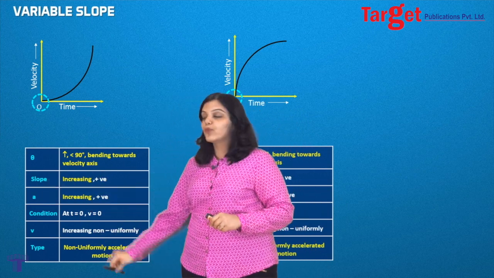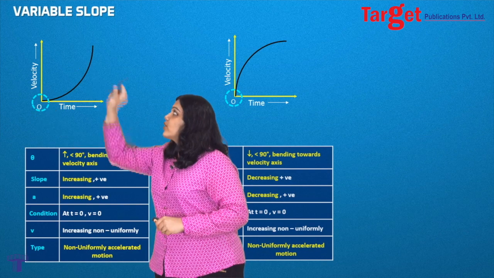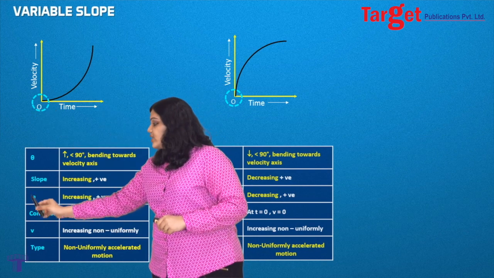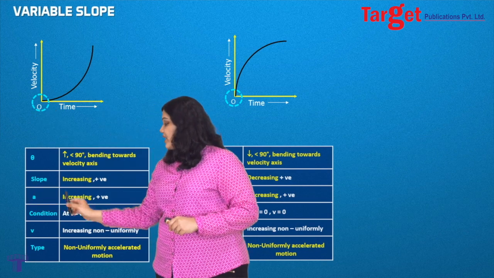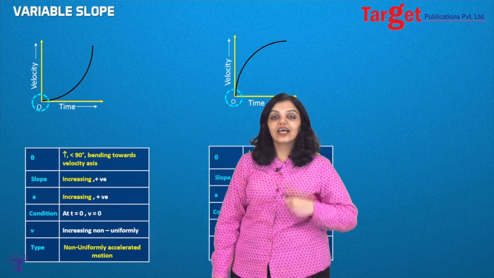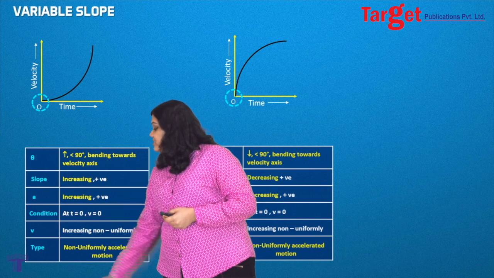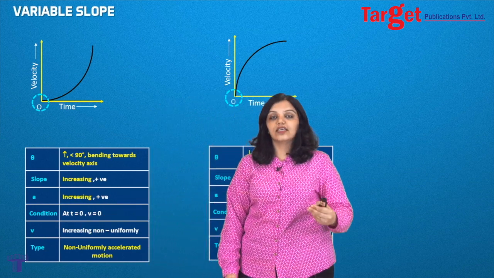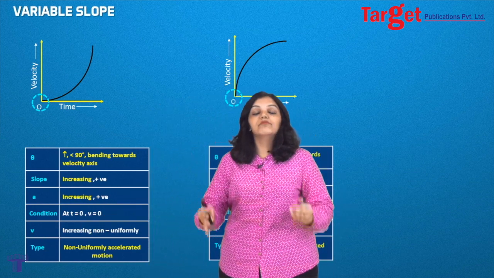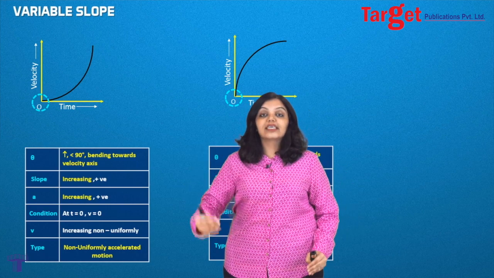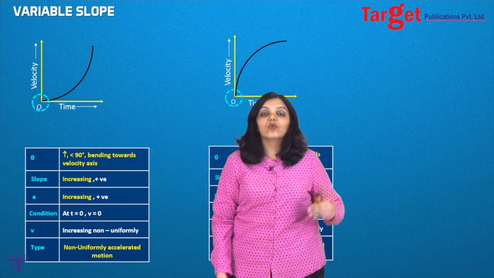Whatever happens to slope will happen to acceleration because we are talking about velocity time graphs. So acceleration is also increasing and positive. Next, it means that velocity must also be increasing. As long as acceleration exists, it means that velocity is changing, but acceleration is increasing and positive, which means velocity